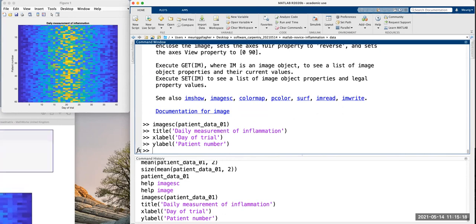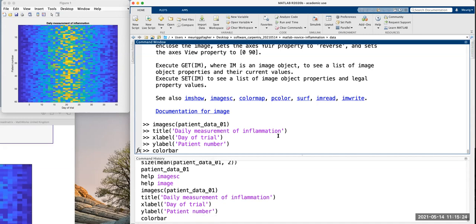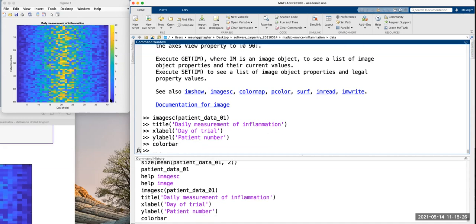And we can even use colorbar, with American spelling, because it's an American program, to show what these different colors mean. We're starting at blue at 0, so these dark blue blocks are where the inflammation marker is 0. We're going up to bright yellow, which is the maximum.